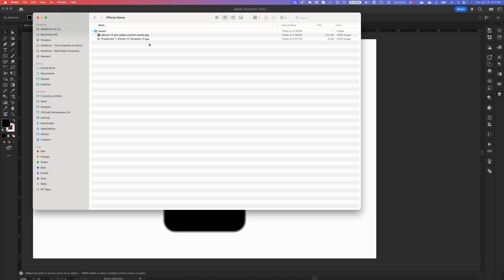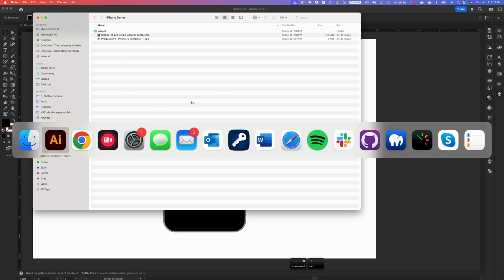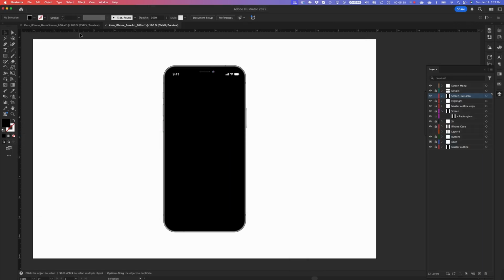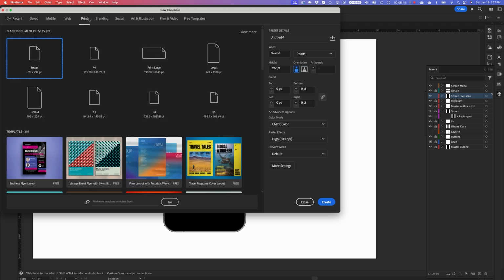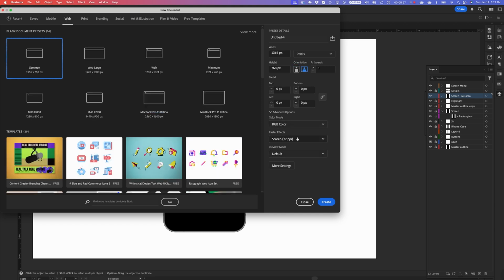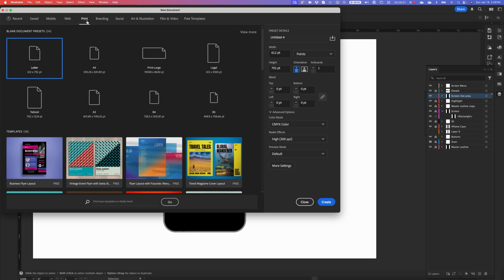So, so we're going to start like this. I'm going to go ahead and create a new document, and it's going to be print. And remember, in Illustrator, when we grab one of these tabs along the top, it's actually going to set my color space and my raster settings the way they're supposed to be. If I click on web, you'll see that changes RGB color to 72. So print